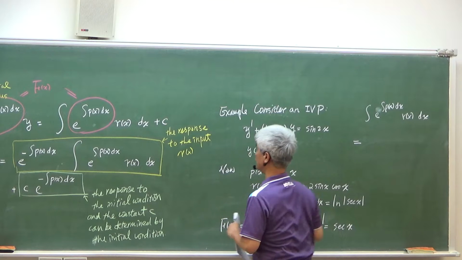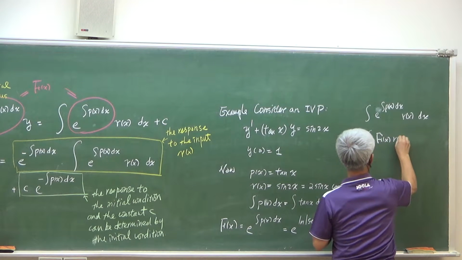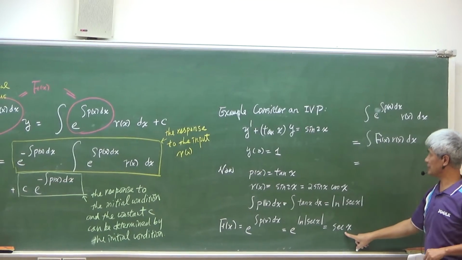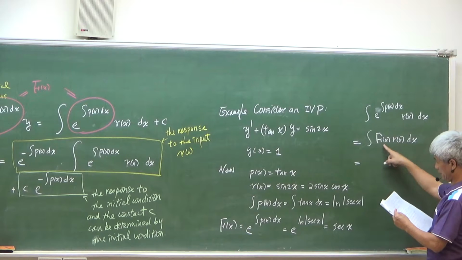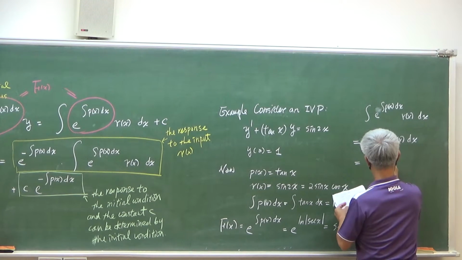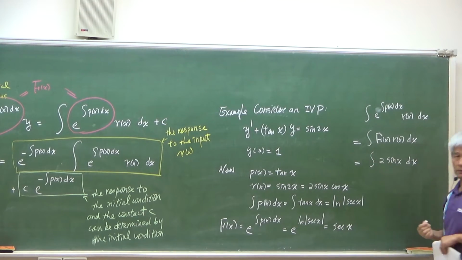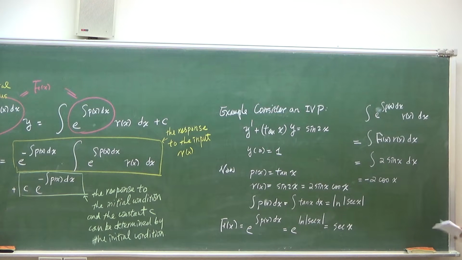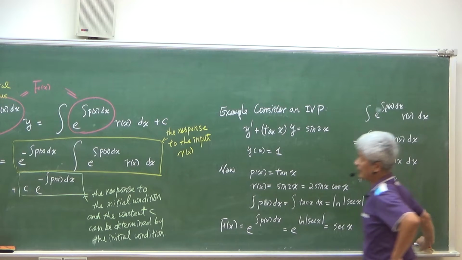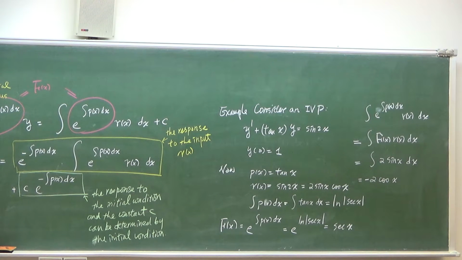So we need to evaluate this integral. Okay, so f of x is the secant x, but all x is equal to 2 times sine x times cosine x. So after the multiplication, we know that this is equal to 2 sine x and 0. And so this is equal to 2 cosine x minus, okay. Alright, so the final solution. The final solution y of x, which is equal to